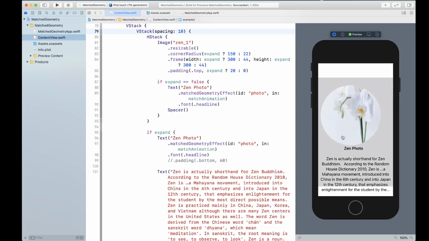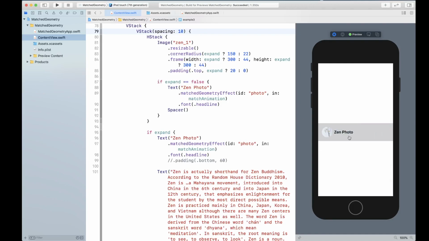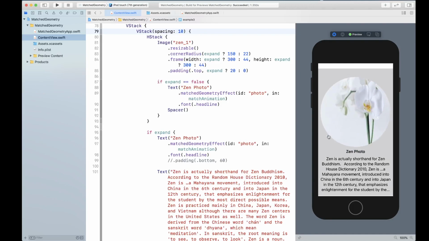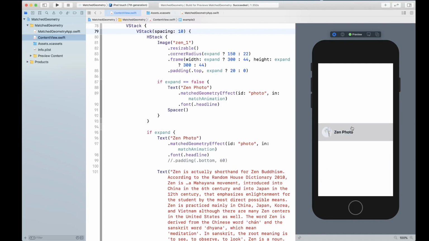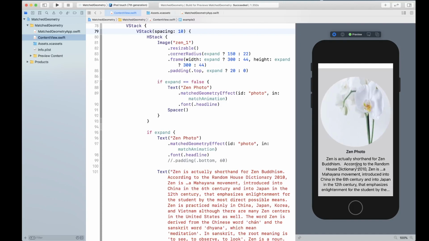So yeah, as you can see, now you have your photo showing up, your description and everything. As soon as you tap it back, your photo snaps back in place where it came from. So it gives user more about the context, that they are actually looking at this Zen photo and they're reading the description about this photo. So yeah, so this is the matched